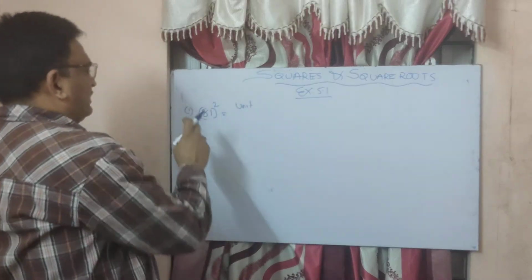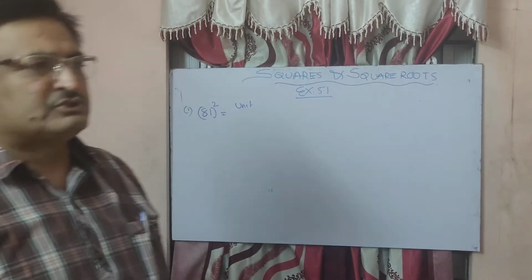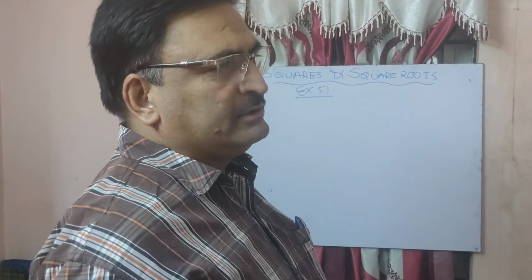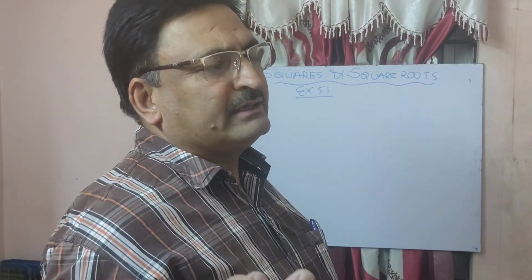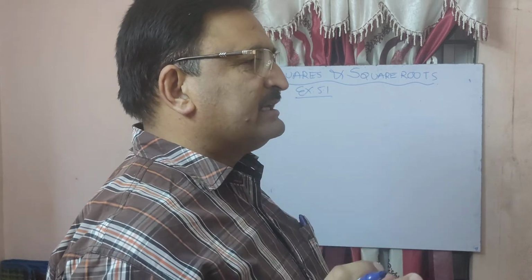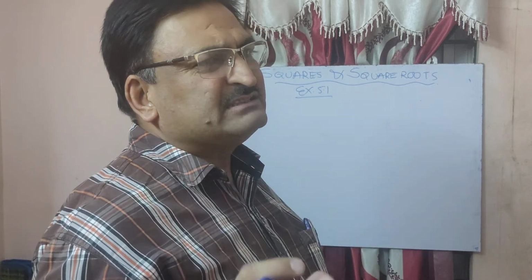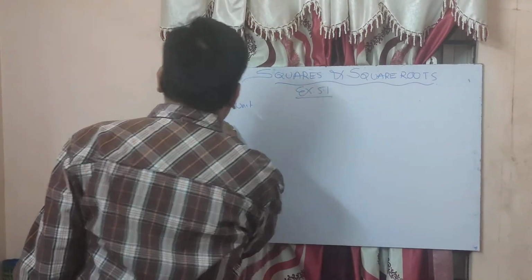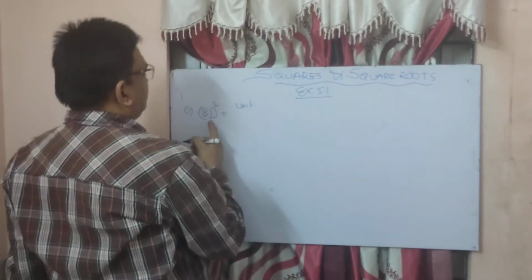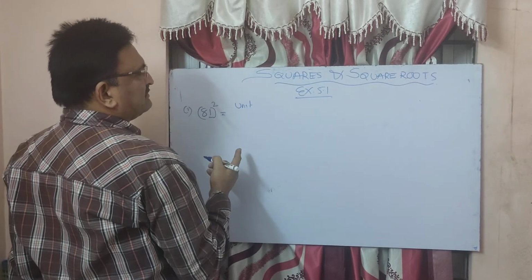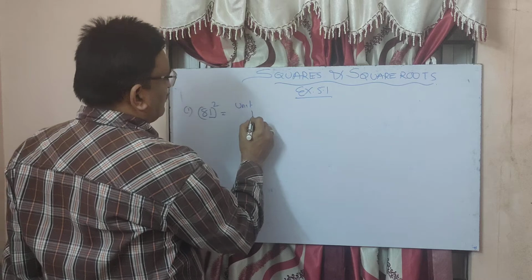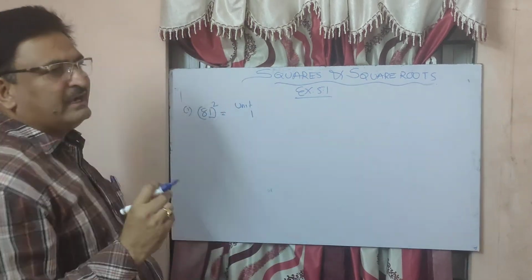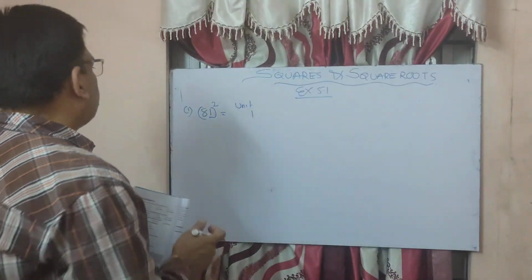If 81 is squared, 81 is multiplied by 81, then what will be the answer? They don't want the answer, but they want the unit place of that number. If the last number is 1, what will it be if it is squared? The answer will be 1 only. 1 and 1, if you multiply it, the end number will be 1 only. Now next number is